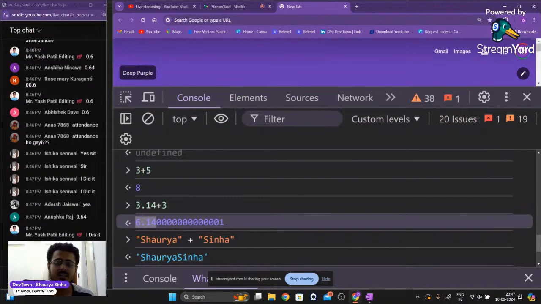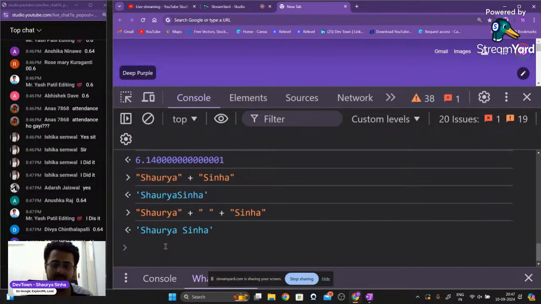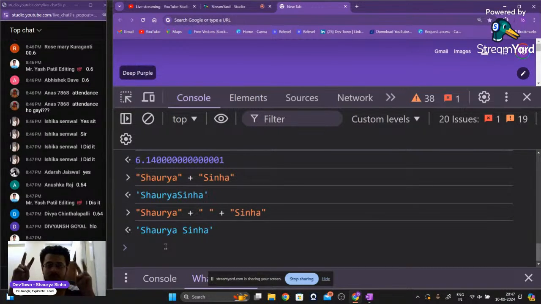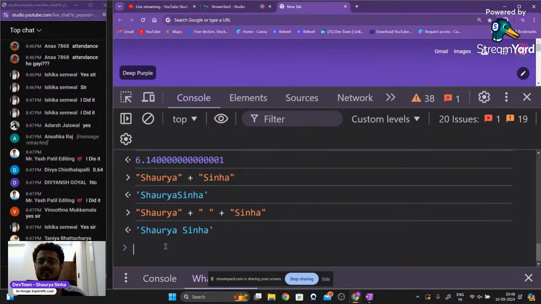Okay. So now that we have learned about variables, concatenation, and this concept of approximate numbers, let us utilize what we have learned up to this point to do a very simple task.